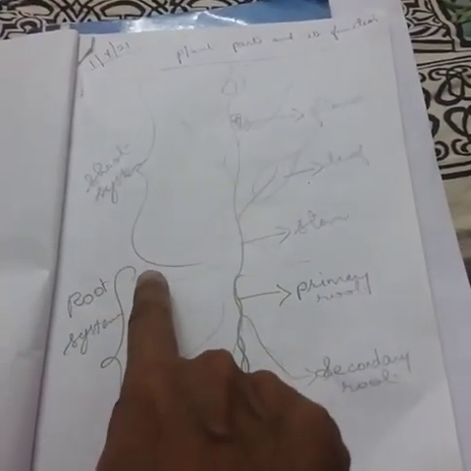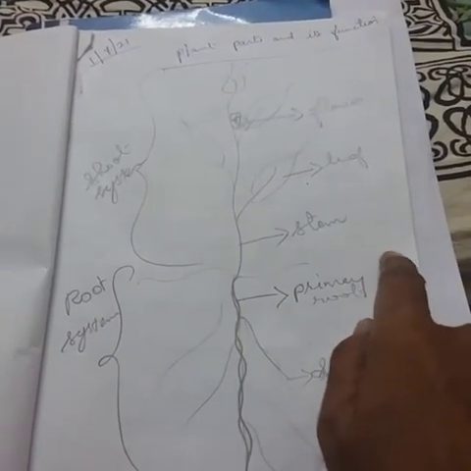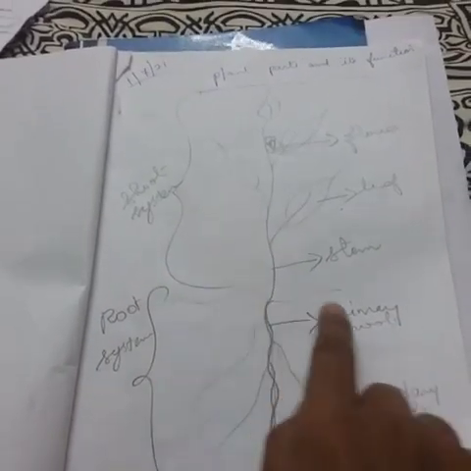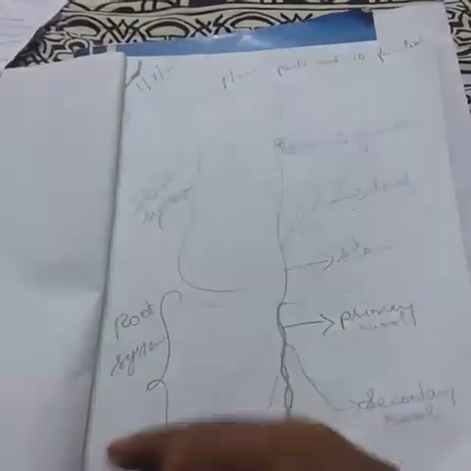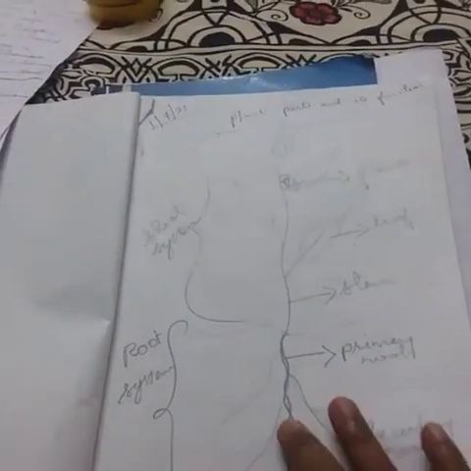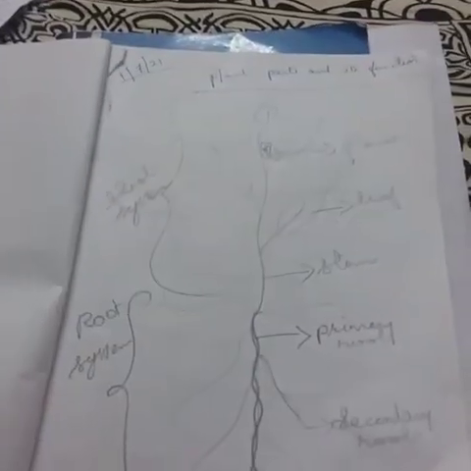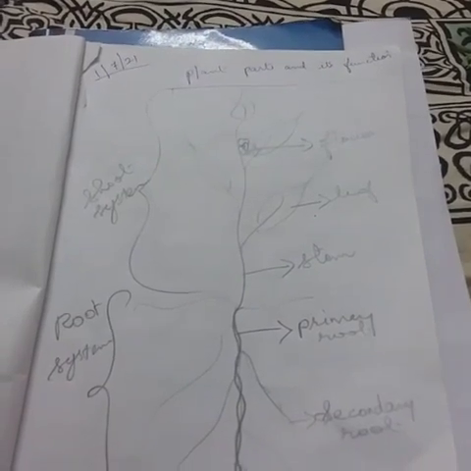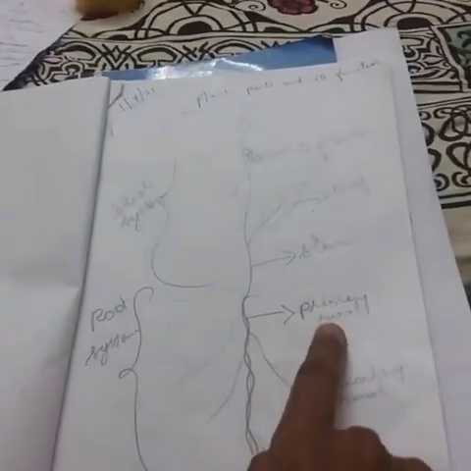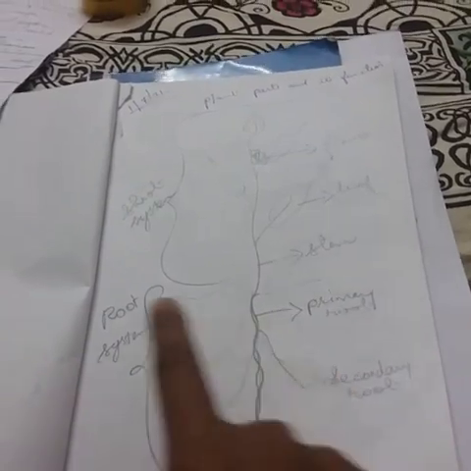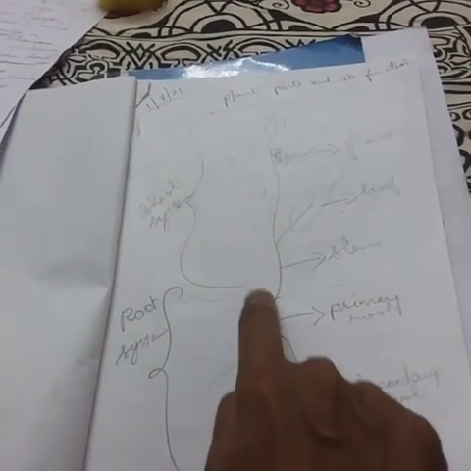Here, see, this is the ground level. Okay, soil. This is ground. This is above the ground and below the ground. Normally a plant has two systems. That means the root system and the upper one, the shoot system. The root system consists of primary roots and secondary roots. The root system comes under the soil.